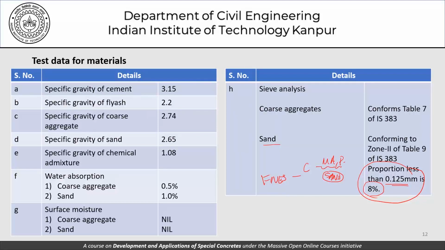I would also like to remind you that when we give the properties of fresh concrete, like was given in the previous slide in terms of the V-funnel test or the L-box test or the slump flow and so on, then all these tests have to be carried out in the fresh state, and somebody has to determine and verify that all these criteria are met. If one of these criteria is not met, then we have to go back to the drawing board, make a modification in the mix, and try to develop a mix where all these criteria are satisfied.